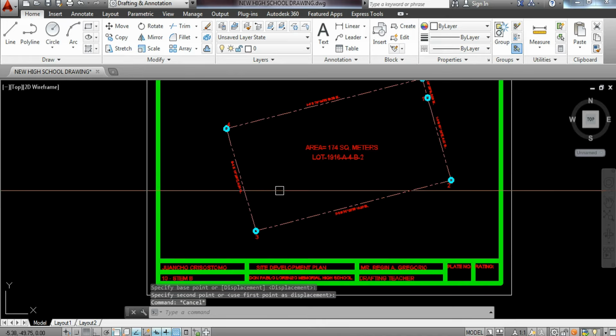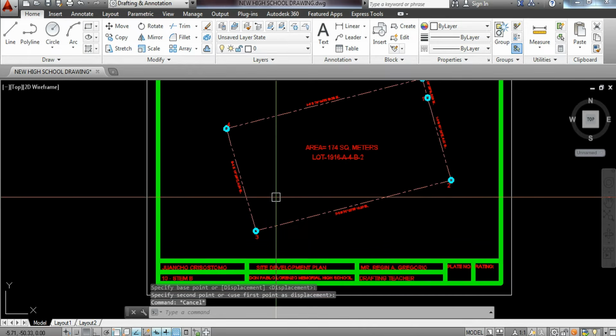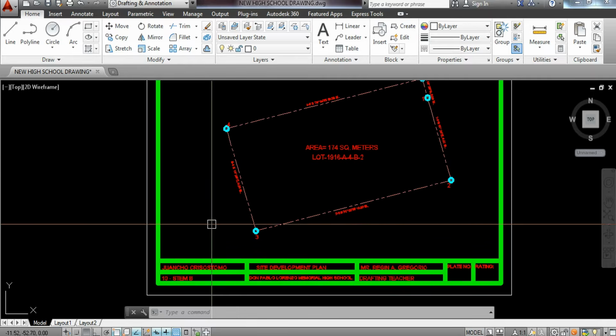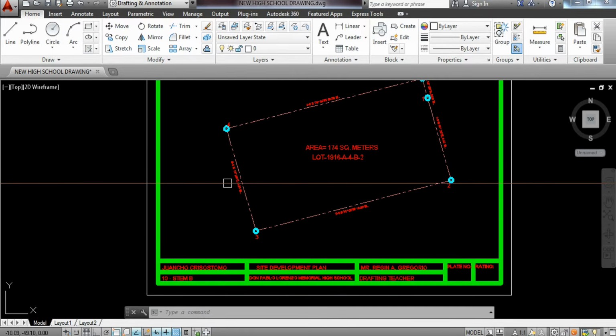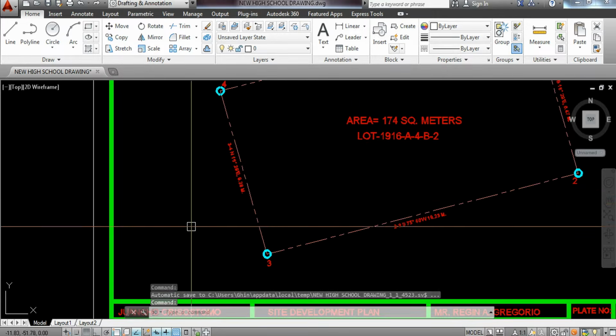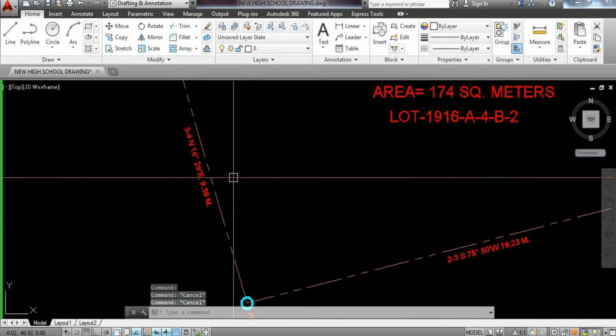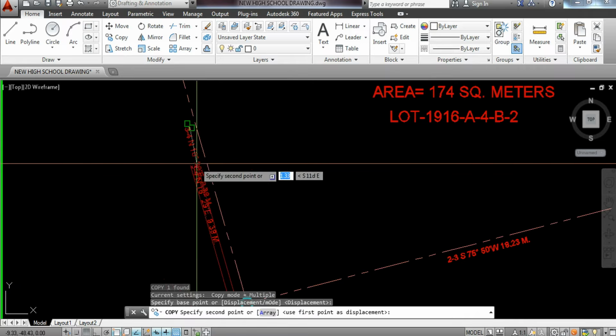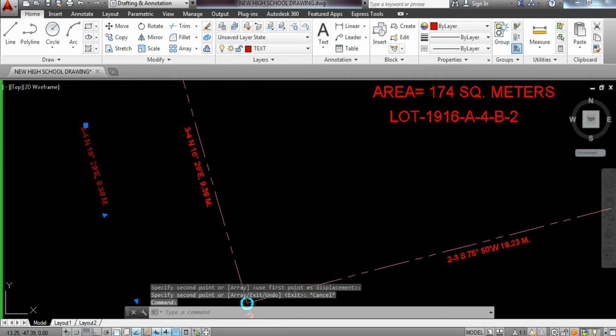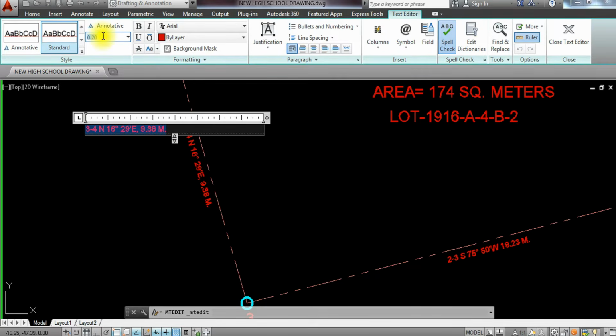Now also in the site development plan, it's very important for you to identify kung saan banda ang road lot. So in our site development plan, andito po ang road lot. So ang ginawa lang namin, so you can just place here, copy ko na lang to siya, copy dito. I'm going to change the information and then change it into, say for example, ang size nito 0.35, and then I'm going to change the description here, road lot,